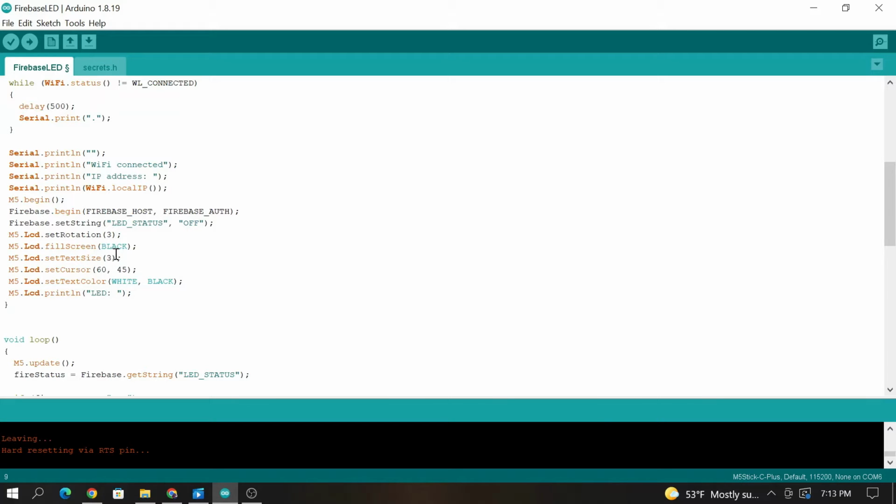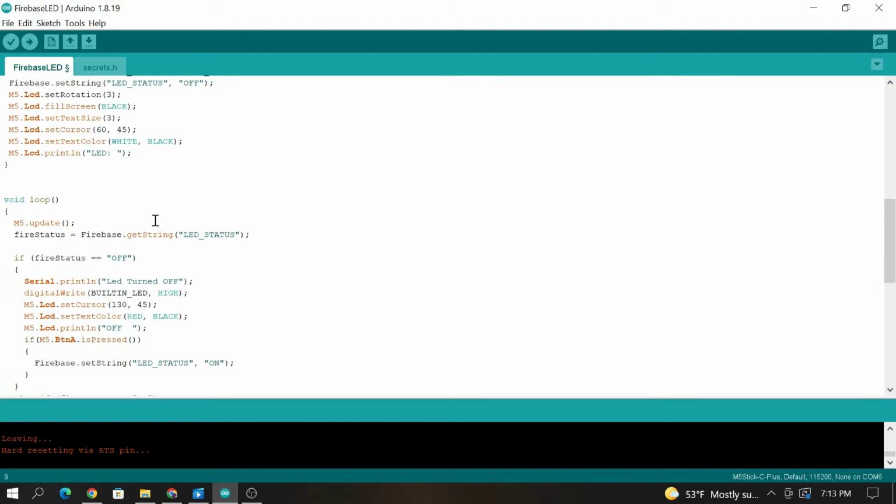So we fill the screen to black. I set the text size to 3, which is pretty good so you can see it. We set the cursor in the right position. I set the text color to white on black, and I type LED. I do it here because I only need to do that once because that is always going to show up. Okay, so the main loop,